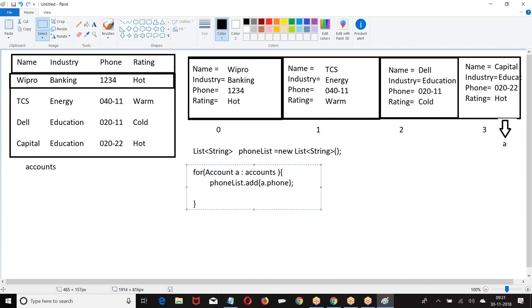From that list of accounts, get me all the accounts whose industry is education, and put them in a separate list. Take one by one account, check whether industry equals education. If the industry is education, put it in a separate list.